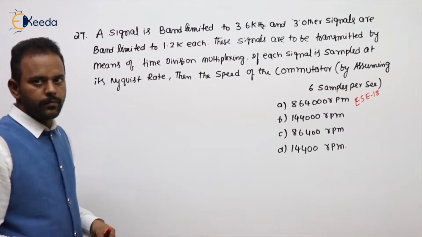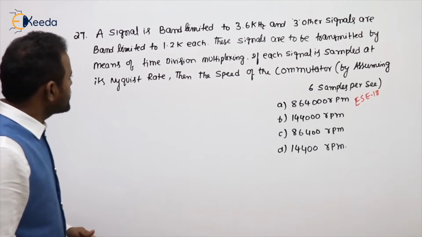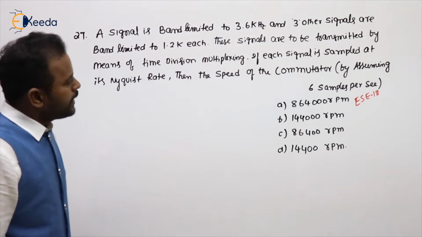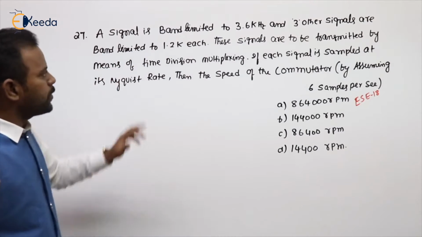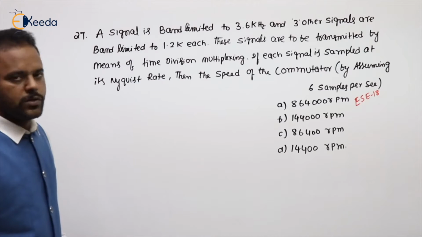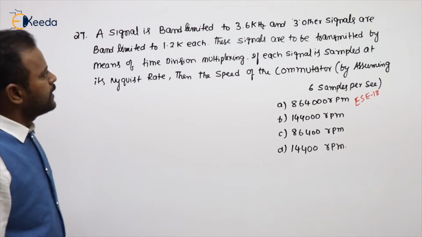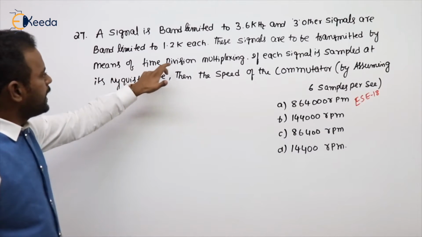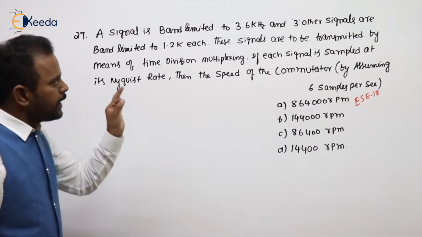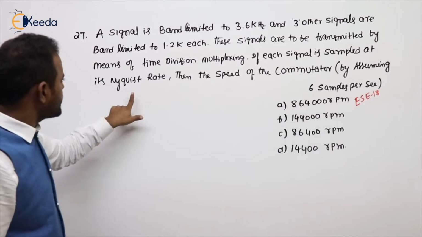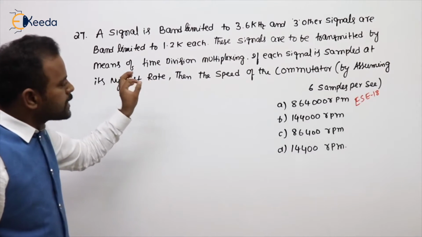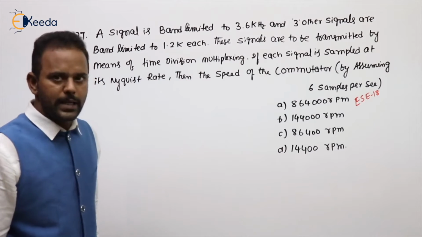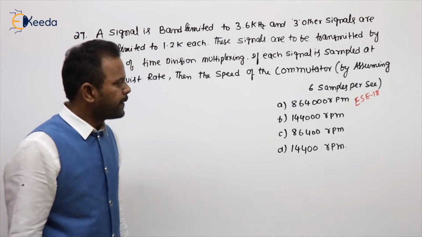Clear? See the problem. A signal is band limited to 3.6 kHz and 3 other signals are band limited to 1.2 kHz each. So total how many signals? 4. These signals are to be transmitted by means of TDM, time division multiplexing. If each signal is sampled at its Nyquist rate, then the speed of the commutator, by assuming 6 samples per second, is: